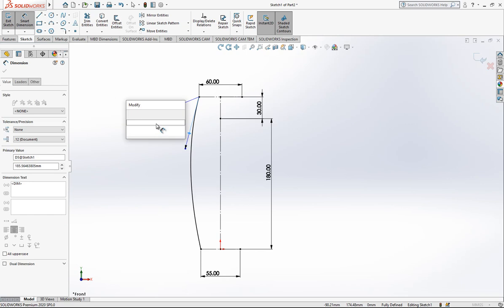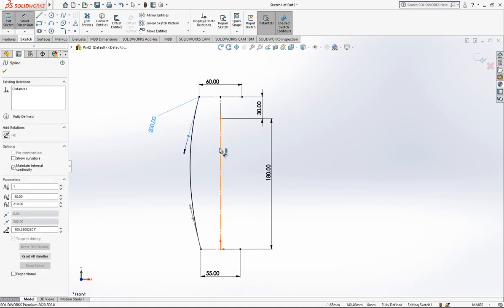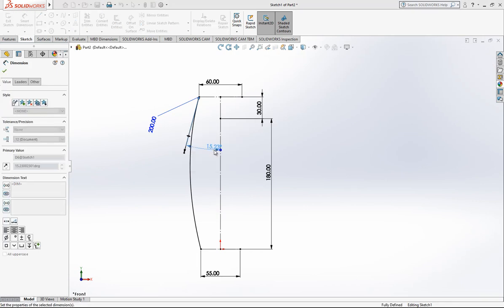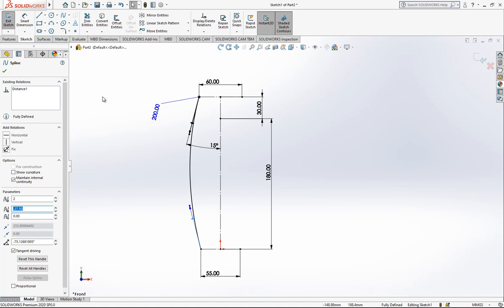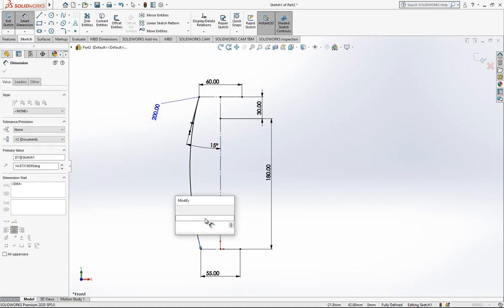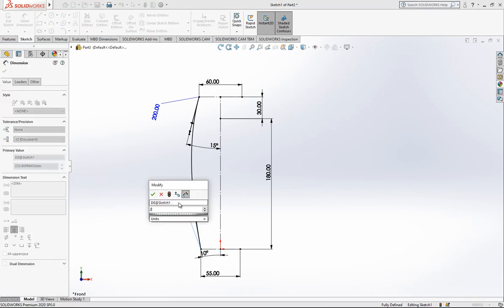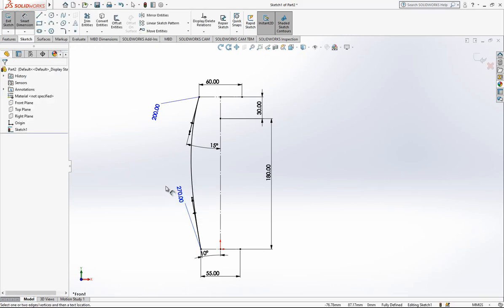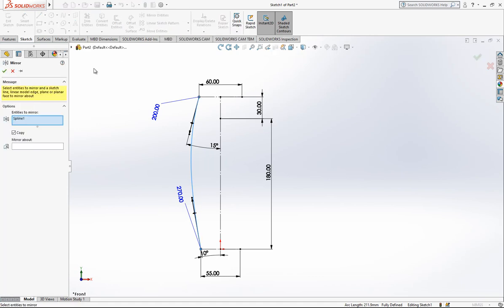And the tangency value in the first is 200 and the angle from here to here is 15. And for the second option we again add our angle, which is going to be 10 degree, and 270 will be our tangency value. And after this operation we just go mirror about this line,